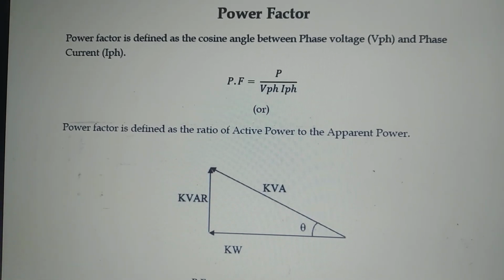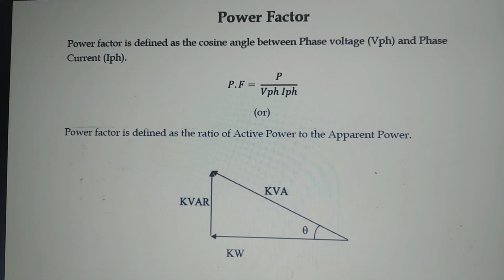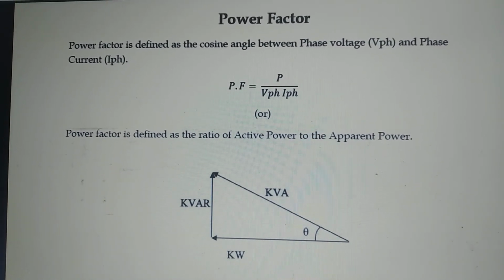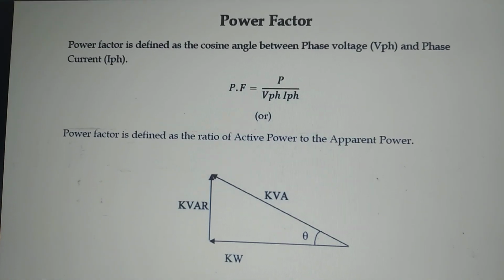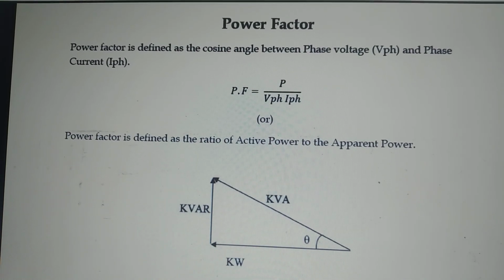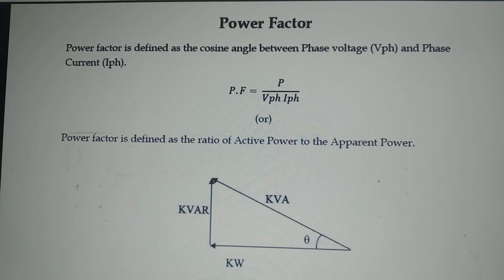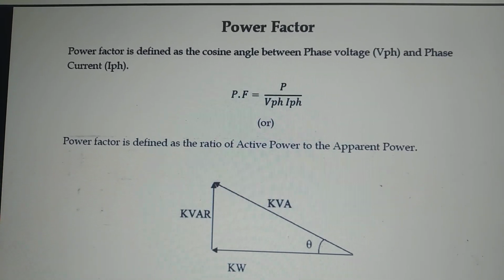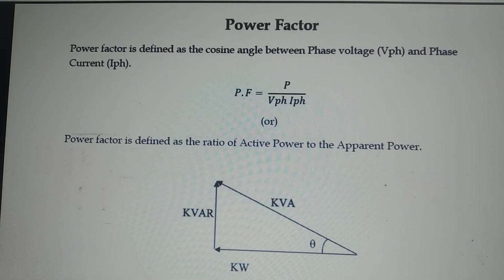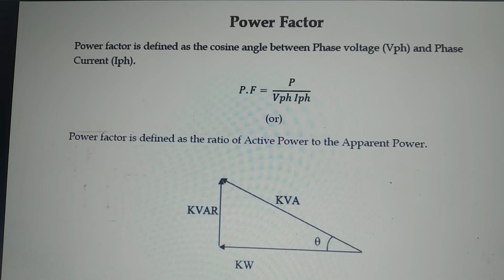Generally, this power factor concept is there in AC system. It is not there in DC system because there are no phases in case of DC supply. In our AC system, more number of phases are available. Generally, we are using single phase system and three phase system. Single phase system supplies power to the domestic loads, whereas three phase system is used for commercial loads, industrial loads, and so on.